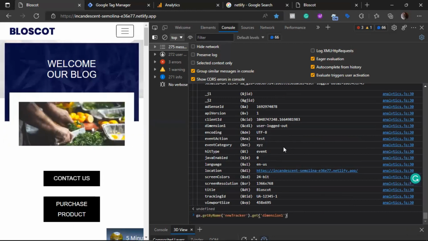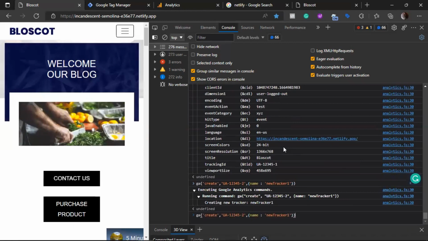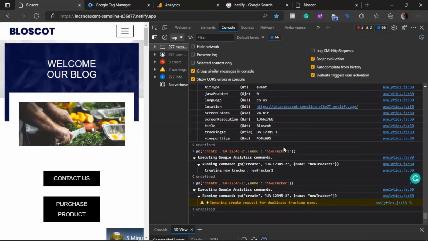One more thing to remember here is that we can create the tracker object, right? And we can even create the tracker object for different IDs. Like if I change the ID here and I name this as tracker 1, then I can create it, right? But the thing to remember here is that we cannot create a tracker object with the same name for the same ID. If I try to do this, the new tracker object already exists for the universal ID that we are entering here. So if I click enter, it will clearly say that ignoring the create request for the duplicate